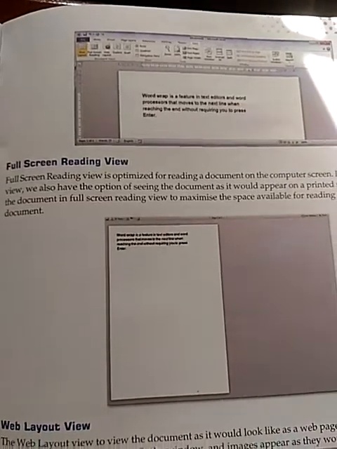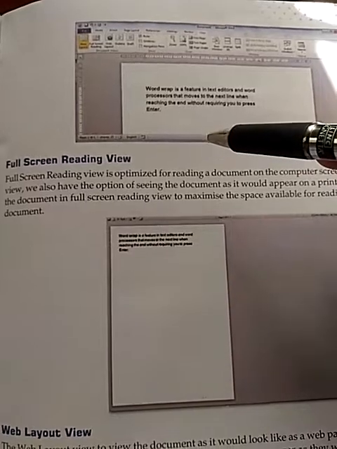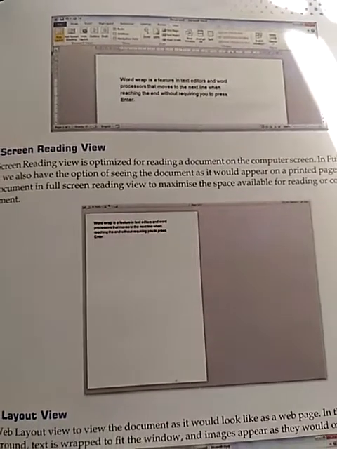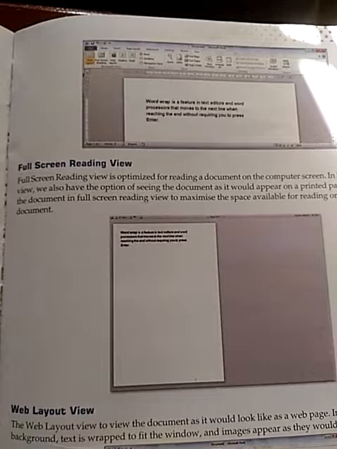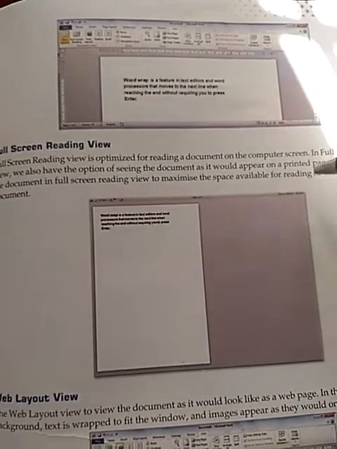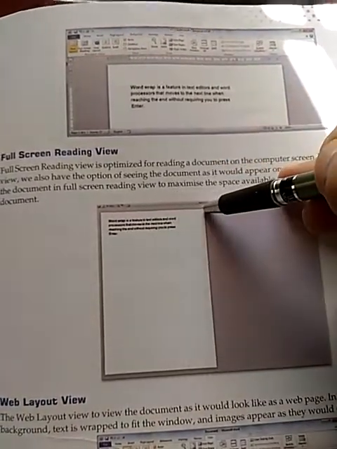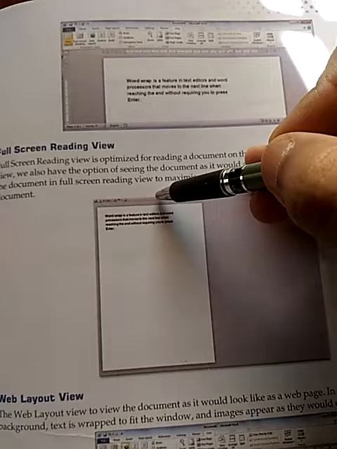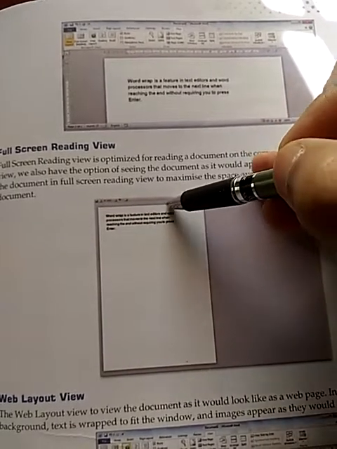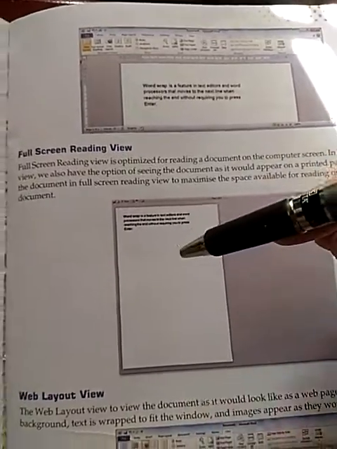So full screen view is optimized for reading a document on the computer screen. In full screen view, you can see that tools like the ribbon and other tabs get hidden because it increases the area of reading.